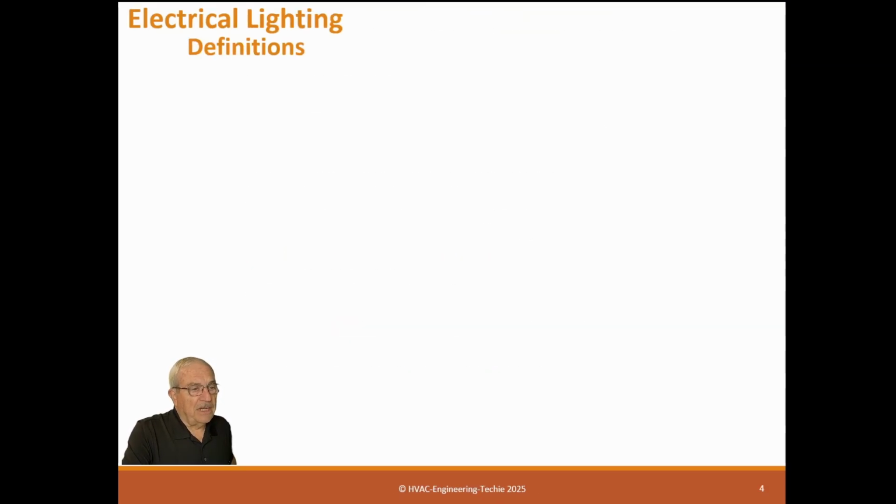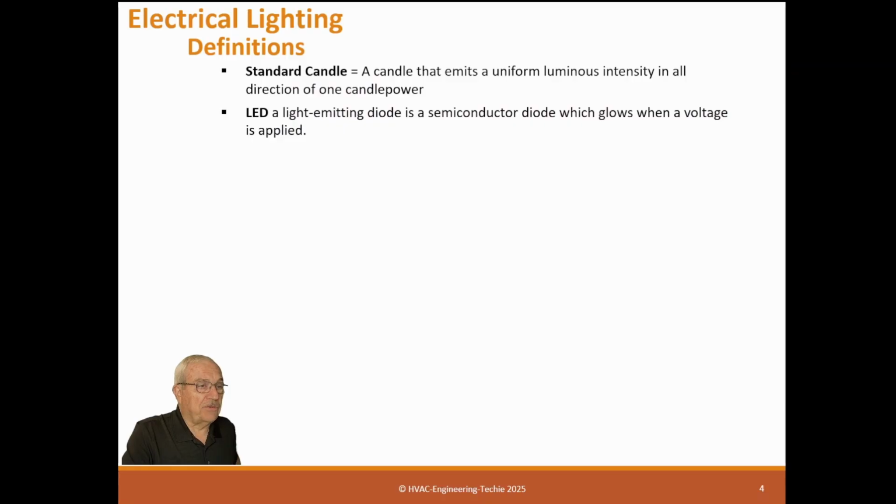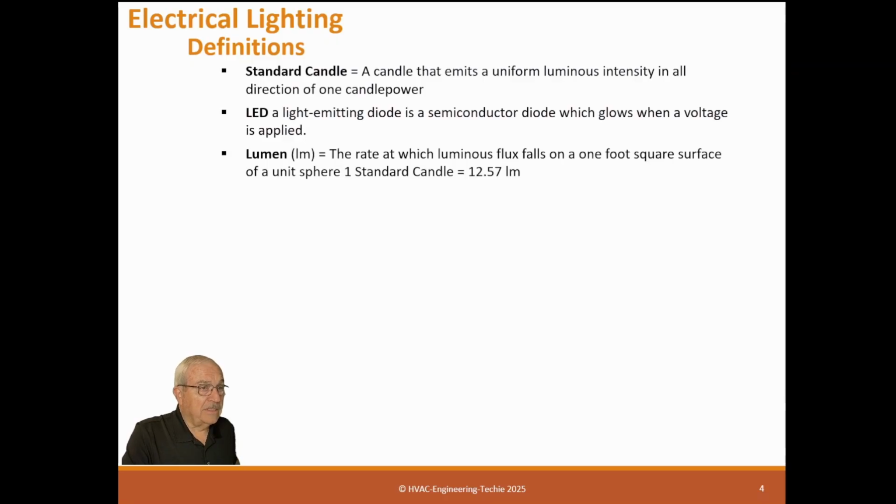So those are both for commissioning. Now, definitions of lighting. We'll run through these definitions. They're just helpful to have knowledge of so you can understand some of the language featured. A standard candle is a candle that emits a uniform luminous intensity in all directions of one candle power. It's just a unit that they've established so they can measure against. LED is a light emitting diode, a semiconductor diode which glows when a voltage is applied, and that's what gives us LEDs. A lumen, LM, is the rate at which luminous flux falls on a 1 foot square surface of a unit sphere. One standard candle equals